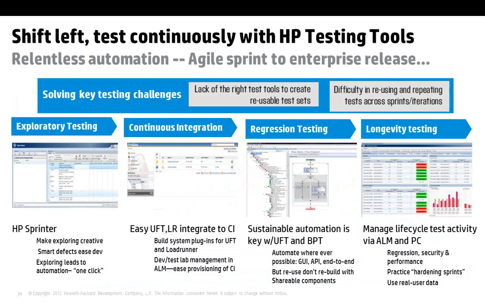And last but not least, for longevity testing, managing the entire testing lifecycle through application lifecycle management, the ability to share testing assets between people, the ability for different personas like developers, testers, and project managers to collaborate on a single version of truth, and having social capabilities to interact and bring about efficiencies, automation of workflows as much as possible for easy handoffs and digitally captured handoffs in the organization can all lead to this goal of achieving relentless automation from sprint to sprint to enable enterprises to get more agile.